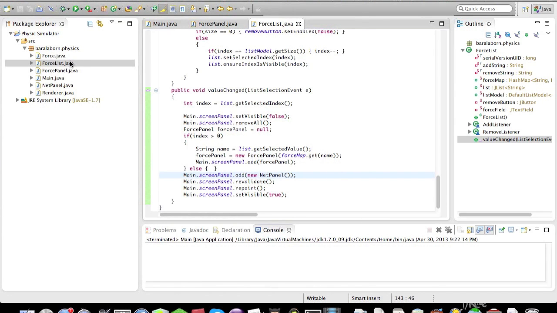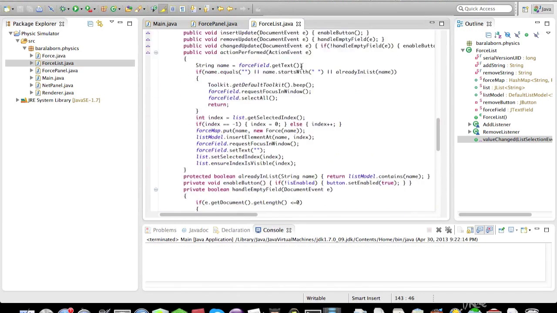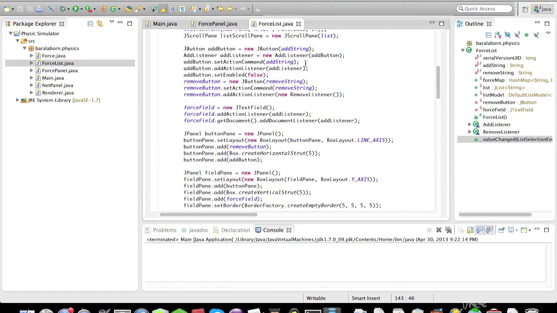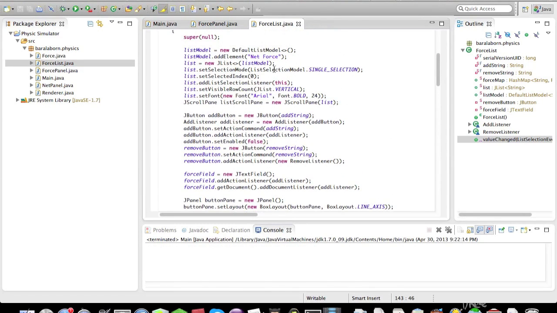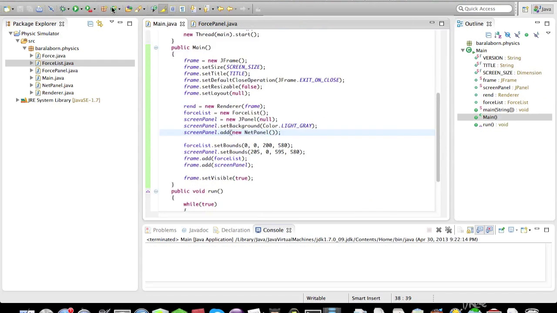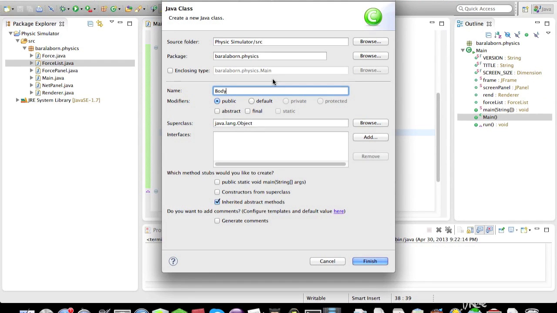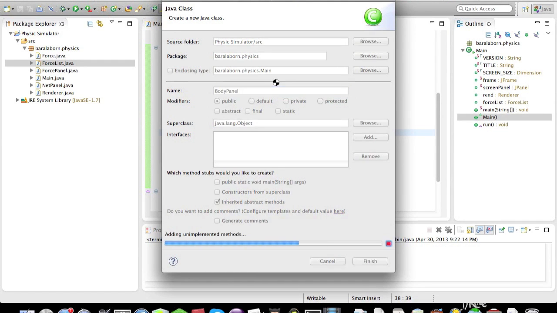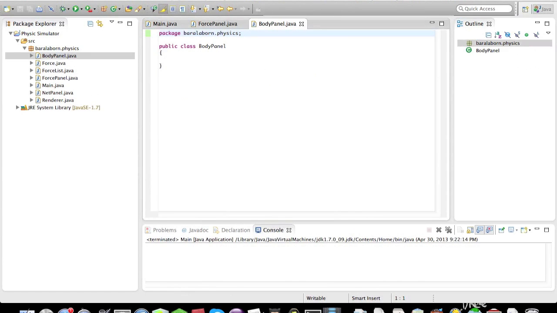But now we want to change one thing. So now we actually have to go back to force list again. Oh wait, no, we have to go back to force. And what were we going to do? We're going to change this to free body, since this is a free body diagram. And we're going to add a new class. What do you know? And this is going to be called the body panel, because everyone loves bodies. You probably don't understand that. Either way, now